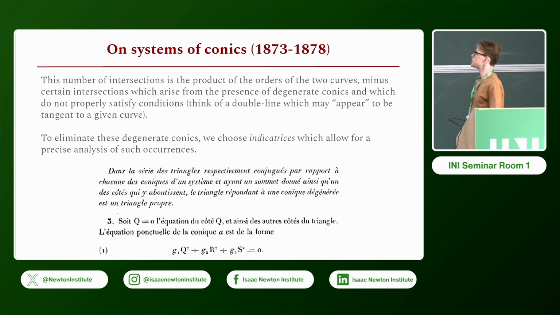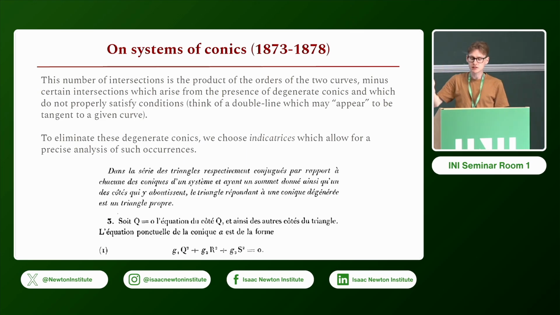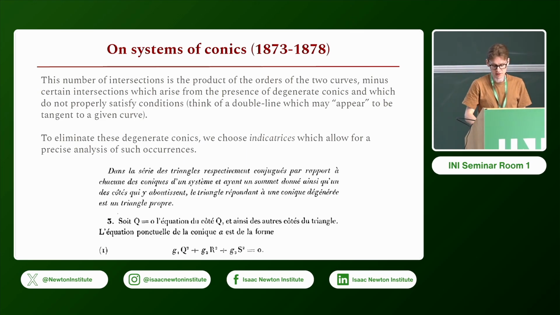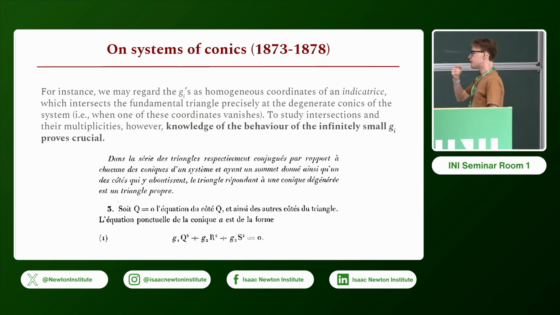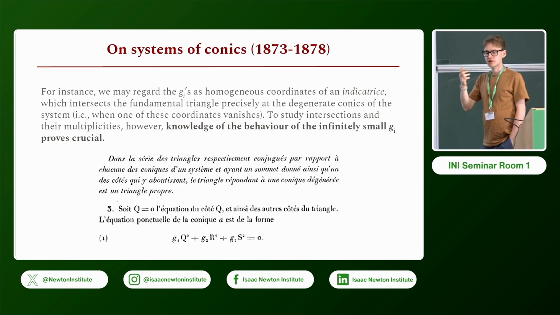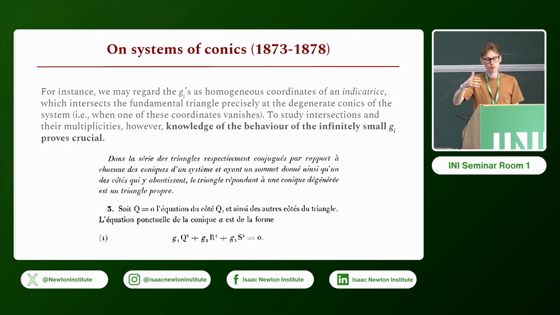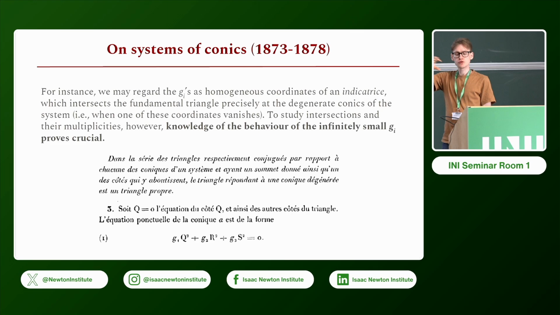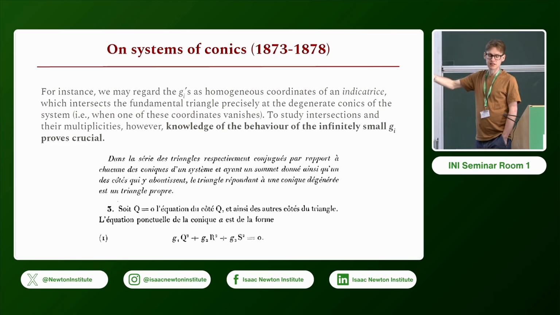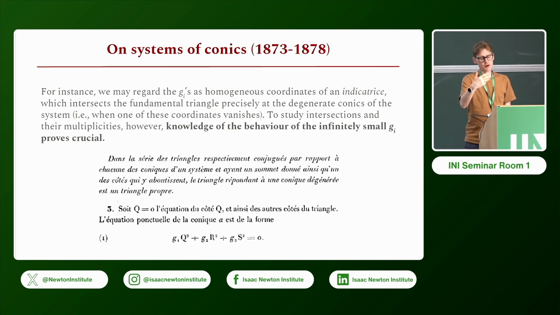And what's more, looking at the multiplicity with which the curve intersects the triangle, we can say the multiplicity of those degenerate conics and how conics degenerate in the system, at which rate, and so on. And this allows a transfer of the study of singularities and multiplicities in the case of algebraic plane curves, which is a well-known theory at the time that Halphen is fully in possession of, to study this more complicated object, which is the system of conics, where it's much more difficult to speak with precision of the degeneration in this object.